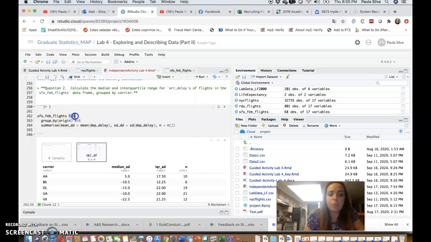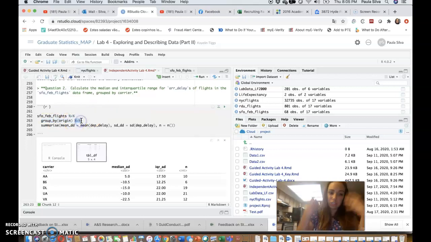This is a pipe operator that connects lines of code such that the output of this command is used to execute the following command. So I'm opening up the SFO February flights data set, so R has it open, and I'm asking R to group that data set by origin, and then keep that grouping,